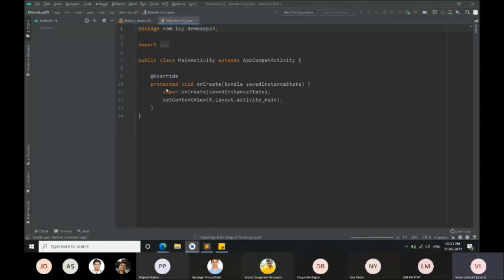Yes, as I've told you, these are the first two things that we will get when we create a new project. One is activity in Java, and one is the XML file, which is the layout file. So don't bother about this. It is very simple. I've explained, but first we are going to UI.